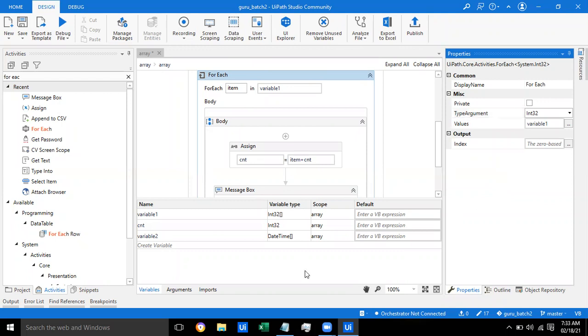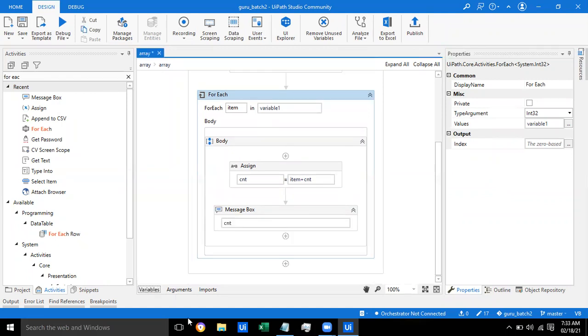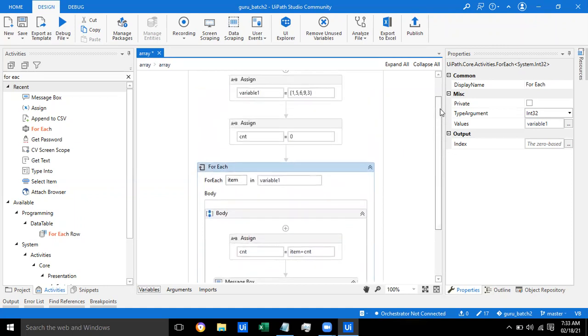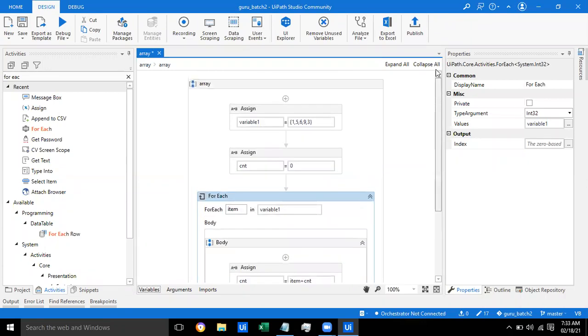So I have another scenario, guys. The scenario is I want to create an array of date and time. In that, I want to check whether a particular date is a weekday or weekend, guys. Means what is the day, whether it is Saturday, Sunday, or Monday, Tuesday, Wednesday, Thursday, Friday. So that I want to display. Who can do this? One small suggestion: the other day you gave the practice assignment to find the day of a particular date.